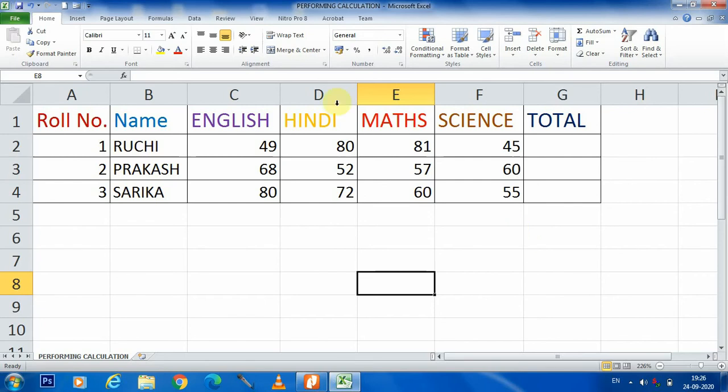So here data has been given. You can see three students' data has been given here. Their roll number, their name, their marks of English, Hindi marks, maths marks, and science marks have also been given. Now we are going to do calculation of that. That means we will get the total number of